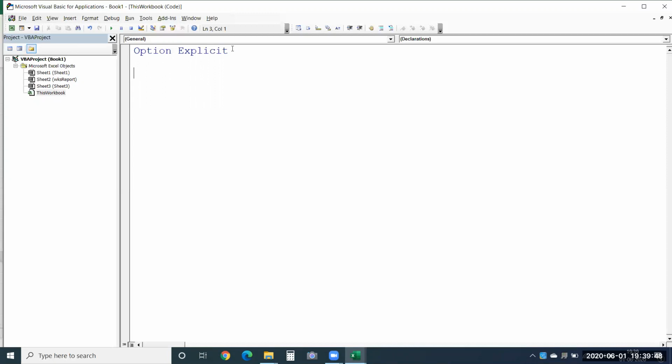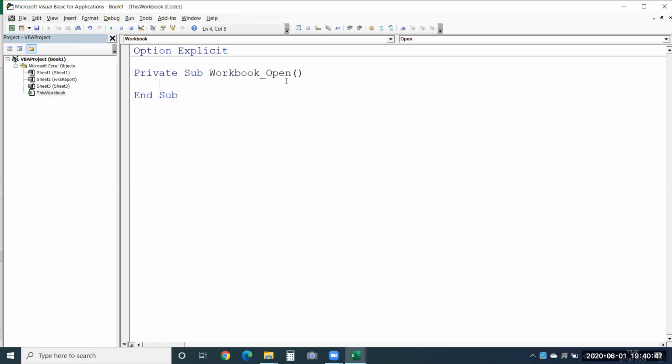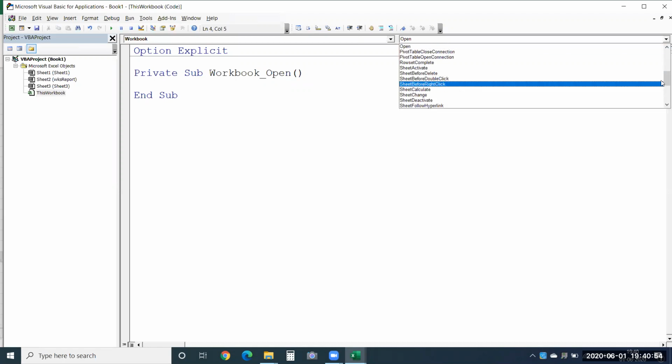Now let's go here. I'll choose the workbook object, and over here, this workbook open event will appear. Just like you saw the selection change event as soon as you open the worksheet, you will see the workbook open event. And again, even for workbook, you have a huge list of events over here. You could choose any one of these to start with your program. And only if that event triggers from your workbook, this macro will execute.